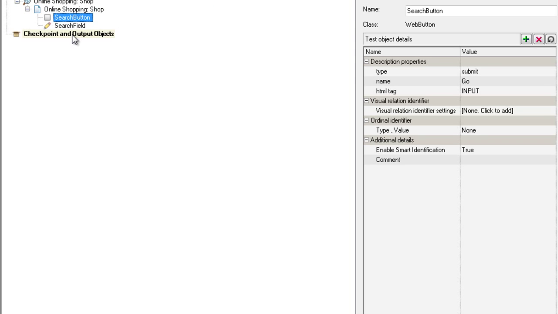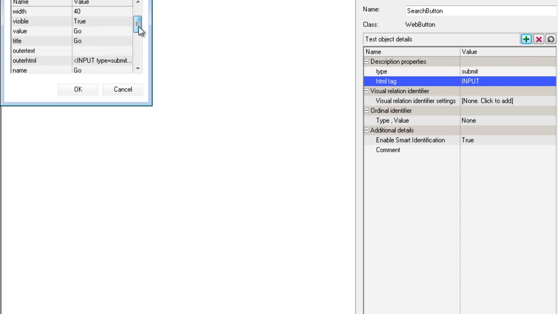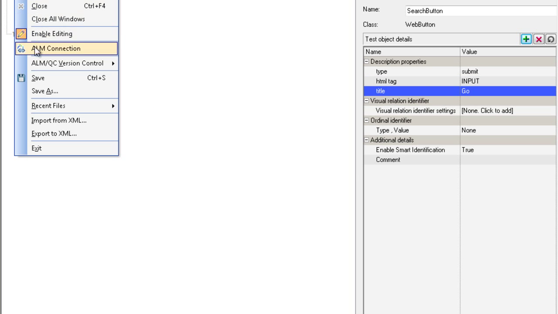Tomorrow if you go inside this shared repository, you do any changes in the object. Suppose the name of the button changes tomorrow, the developer does some changes, and this name button property changes. Okay, right? So you can select it, you can remove this property, and add the new name. Right now it's go, right? But you can add the new name, right? Or suppose I want to add the title property. Okay, you add the title property, you save the repository,